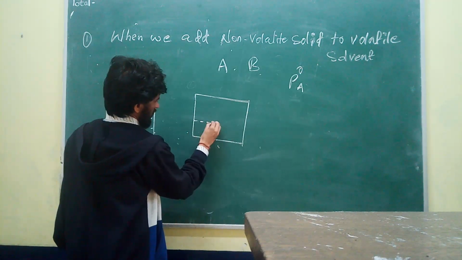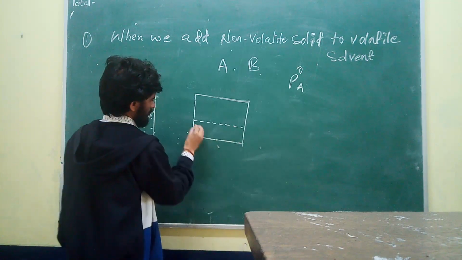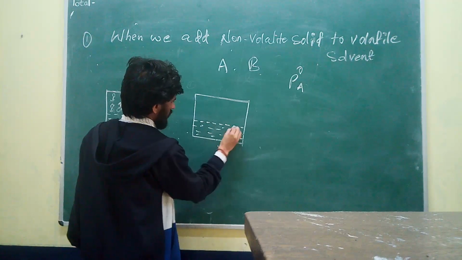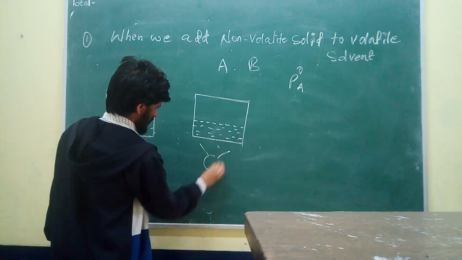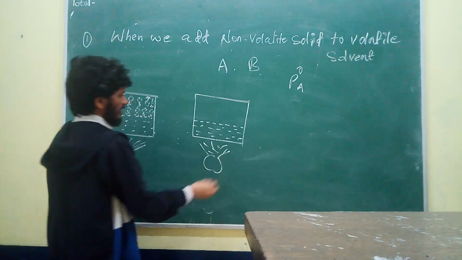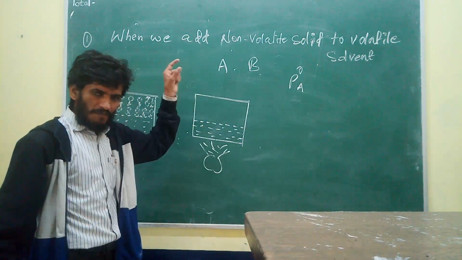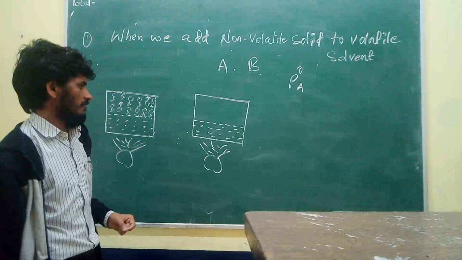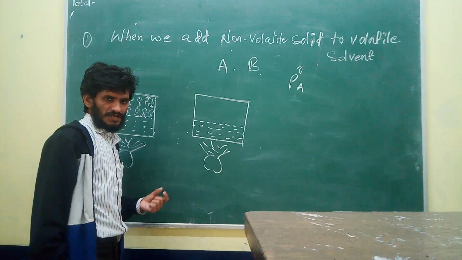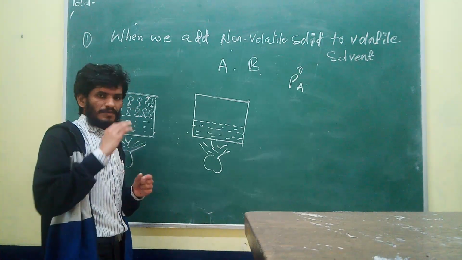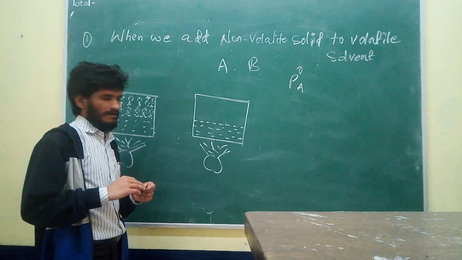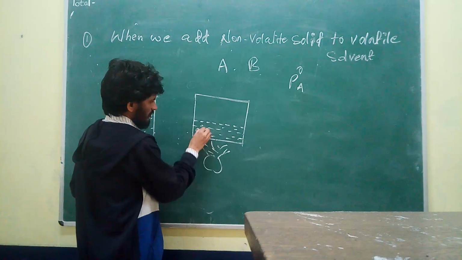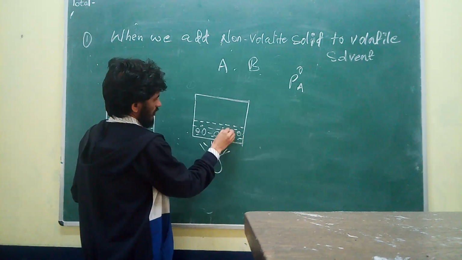These are the water particles. Now, when we are supplying heat, they get evaporated and come back as vapor particles and hit the surface of the liquid. Many times I have explained, when they hit the surface of the liquid, they apply pressure on unit area, so that pressure is called vapor pressure. But what happens when we add non-volatile solute particles?